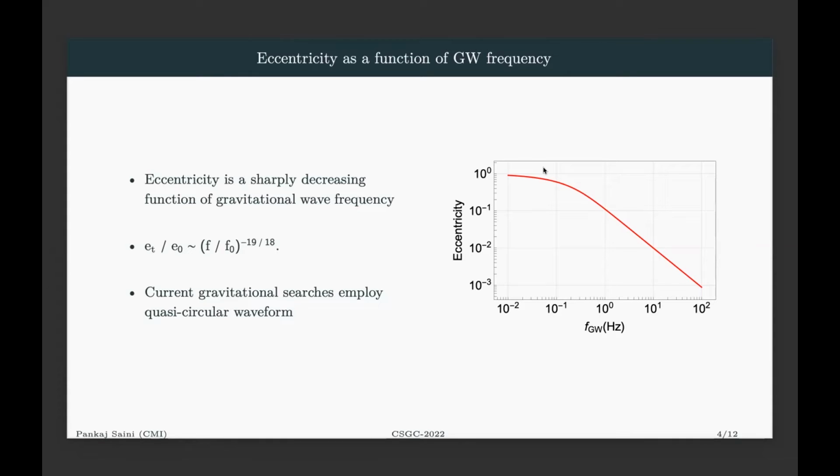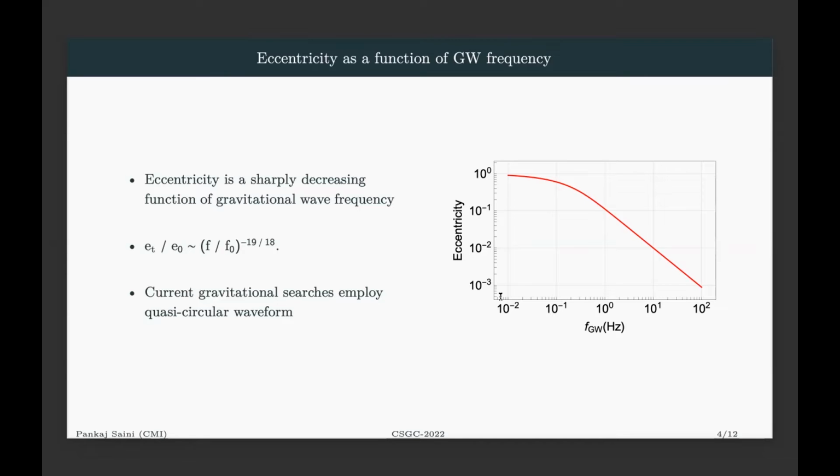So if you start with a very high eccentric binary, suppose the eccentricity is 0.9, and when the binary was emitting at 10^-2 hertz, by the time the binary enters the frequency band of this detector, which starts around 10 hertz, the binary almost becomes circular by shedding away all its eccentricity. So in the absence of fast and accurate eccentric waveform models, we use quasi-circular waveforms for parameter estimation of these